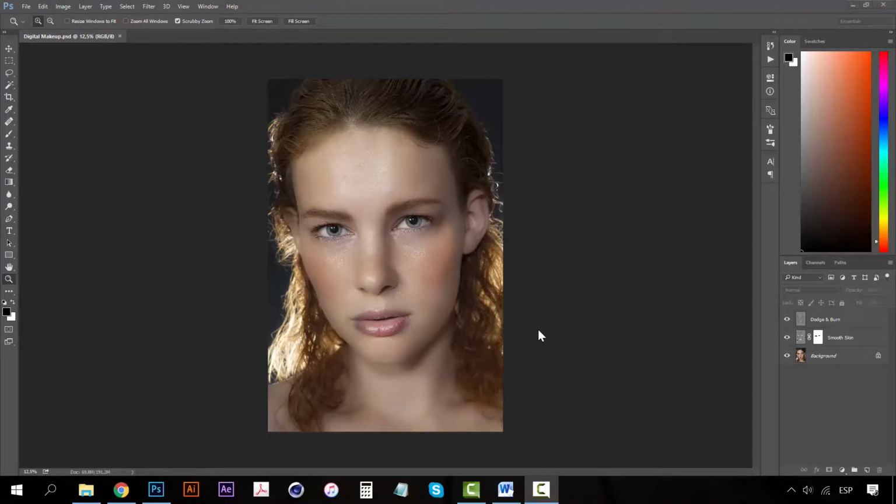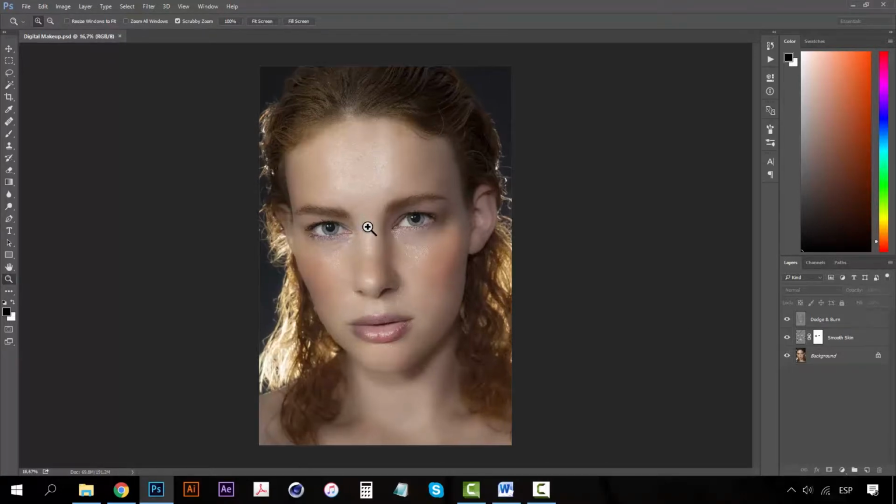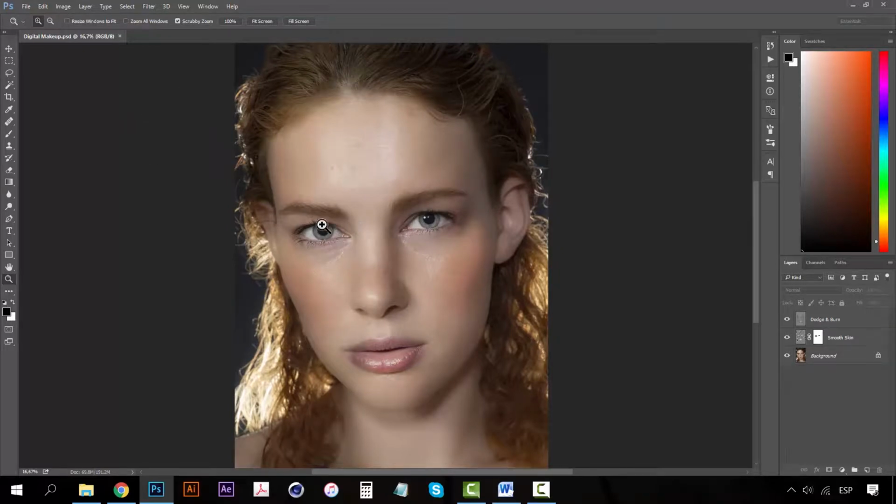Hey, welcome to lesson number 6. In this lesson we're going to finally add the makeup on this girl. It's going to be really easy. We'll be using the brush and the blending modes to create a nice looking makeup effect. So let's begin. Let's create a new layer